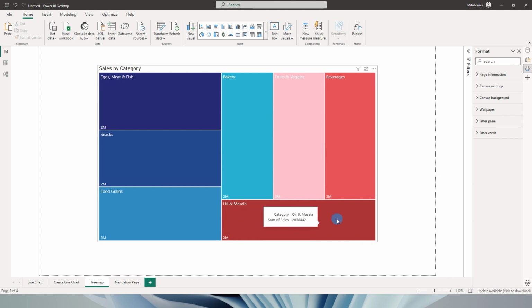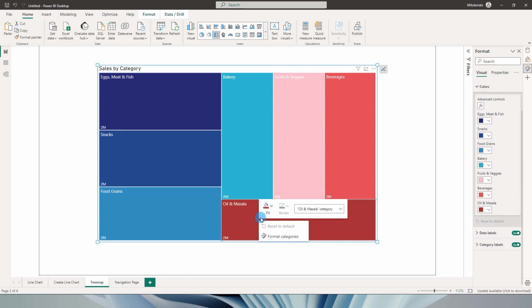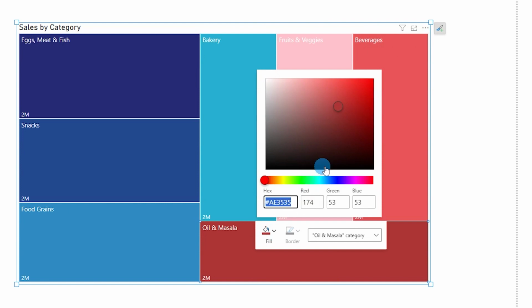All you can now do is simply double click on the visual, which gets into the edit mode. You can see that there's a blue border now around the visual, which means that you are in the edit mode, and all you can do now is right click and click on the fill option over here and change the color that you would like to. For example, I can go to more colors over here and then click on this particular color and then click